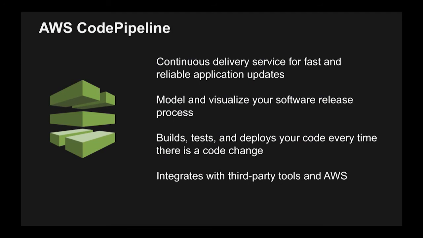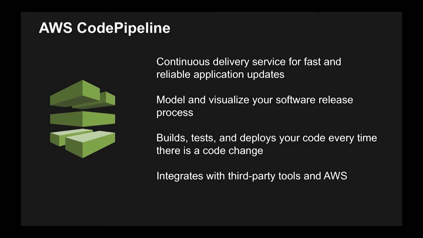Awesome. So we talked about environments, we talked about variables, and we talked about, again, some of the other options for getting things out there. Now let's put it all together and kind of automate this process. And so for this, we have a service called AWS CodePipeline. This is based off of an internal tool that we use inside of Amazon called Pipelines. Unique naming here. And basically, this is a continuous delivery tool.